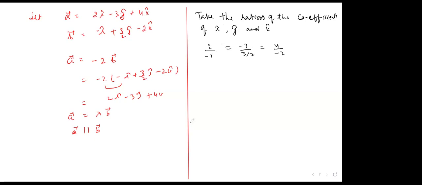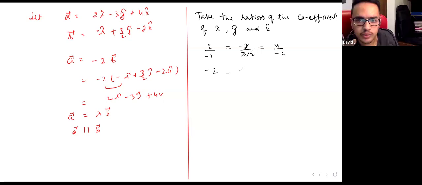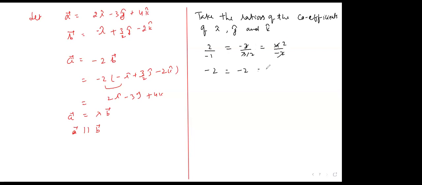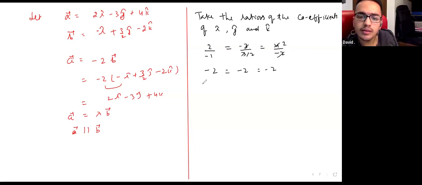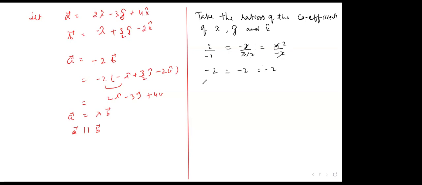You can check it. If you find that the ratios are equal, this becomes minus 2, this 2 will go in the numerator, so minus 2, and this is also minus 2. So if the ratios are equal, then simply we can say A is parallel